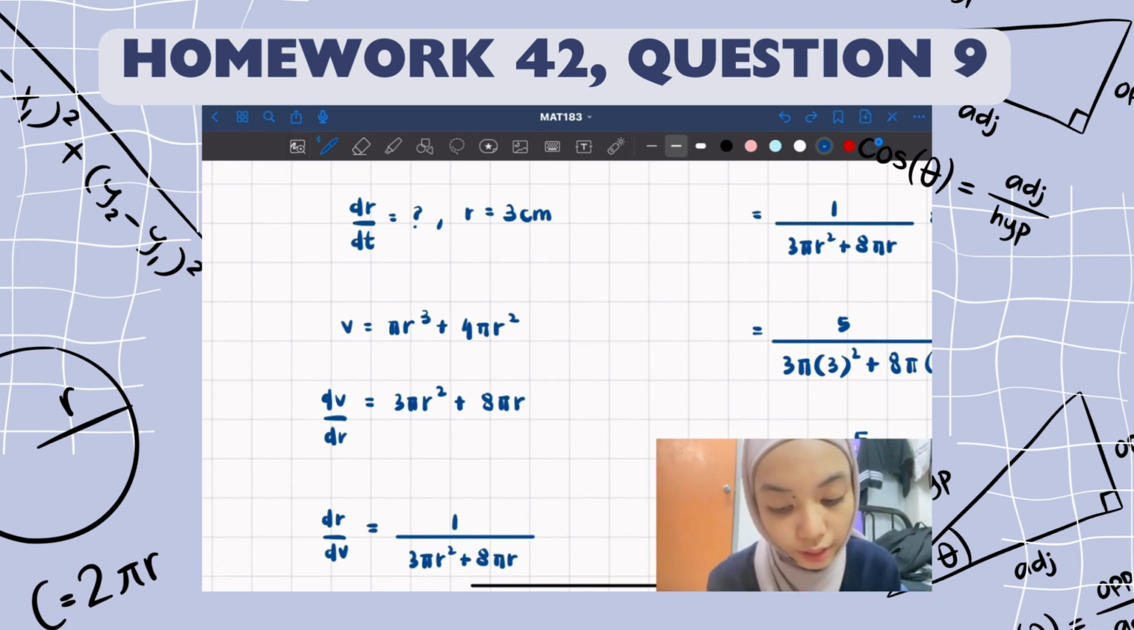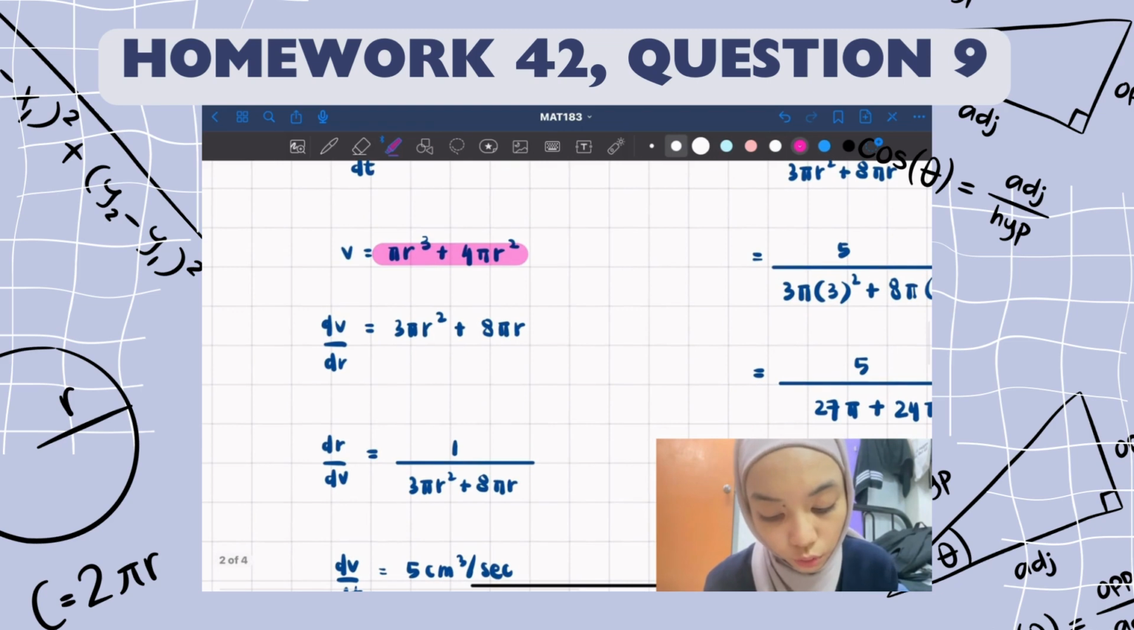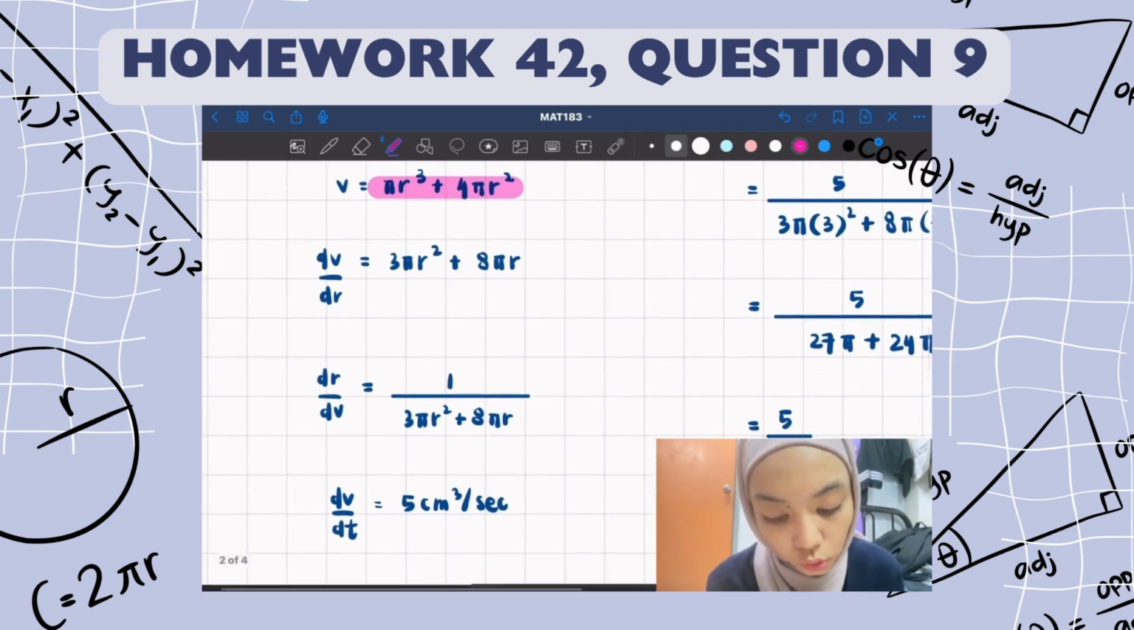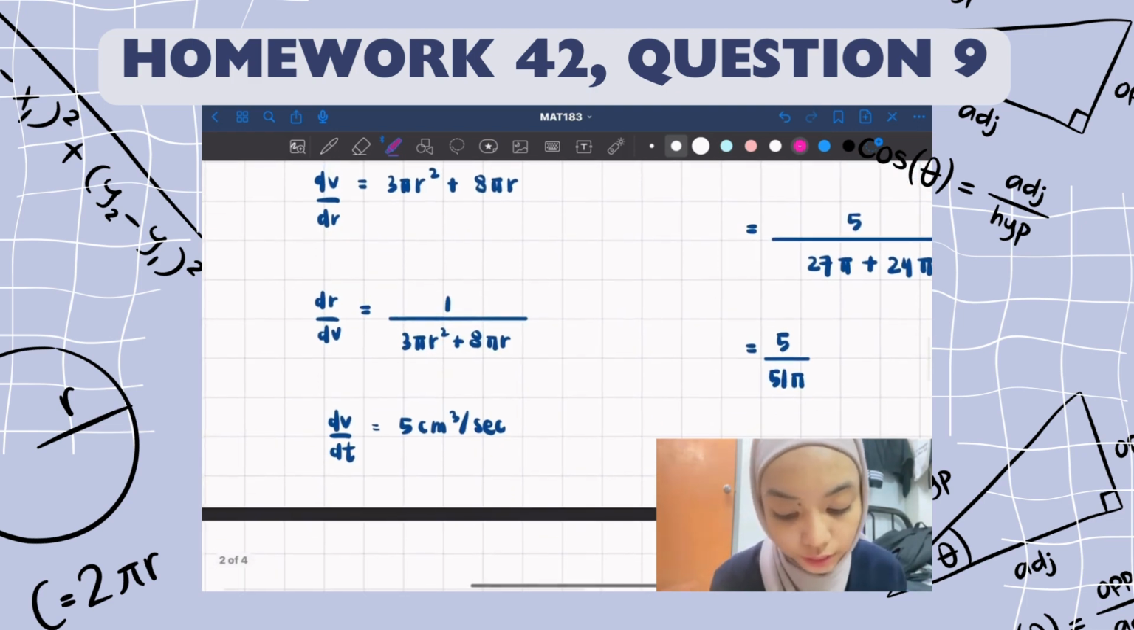So V, as you can see at the first question, which is part A, we have V equals pi r cubed plus 4 pi r squared. So we're just going to differentiate it, and it will become 3 pi r squared plus 8 pi r. We need to find dr per dV, right? So we just need to swap their places, and then after that we get the